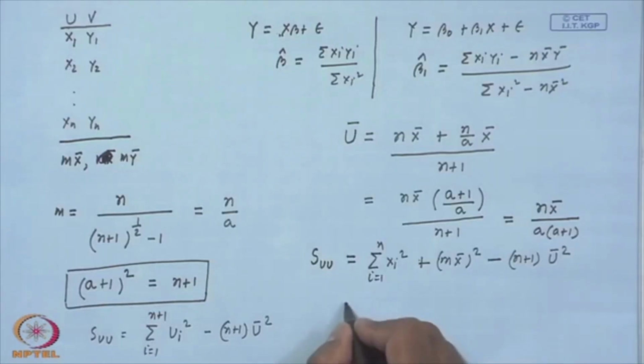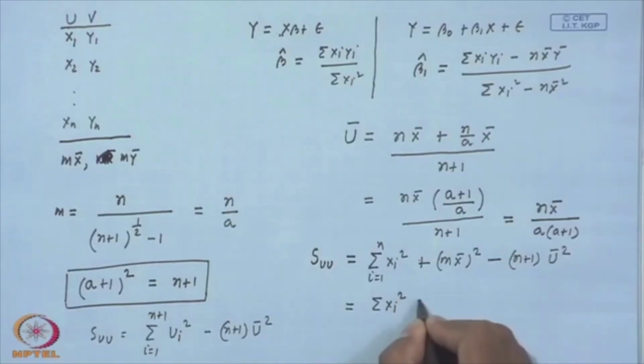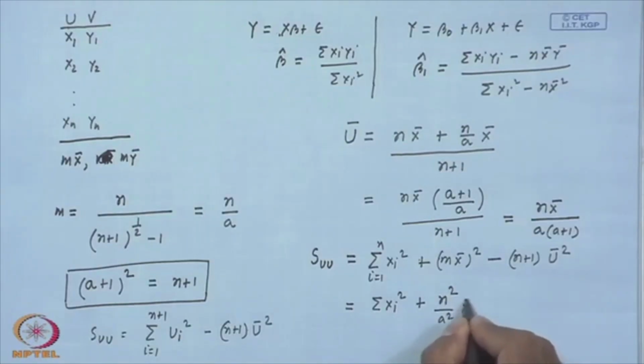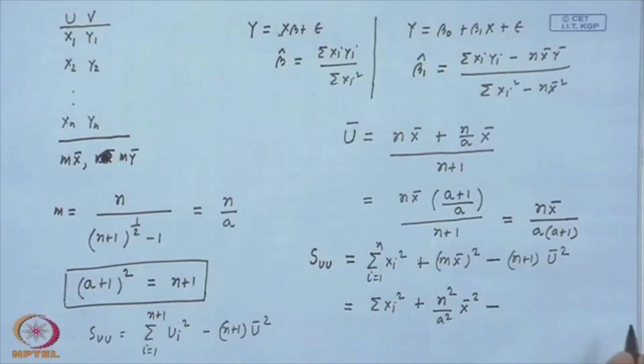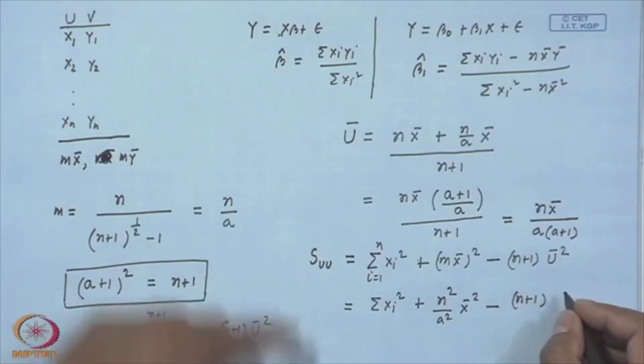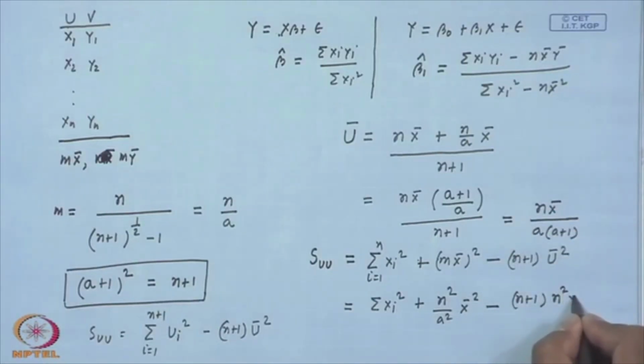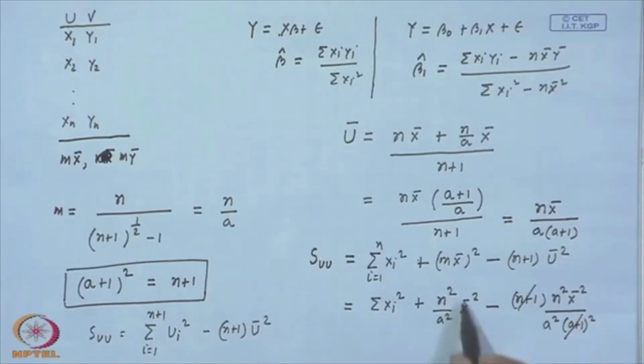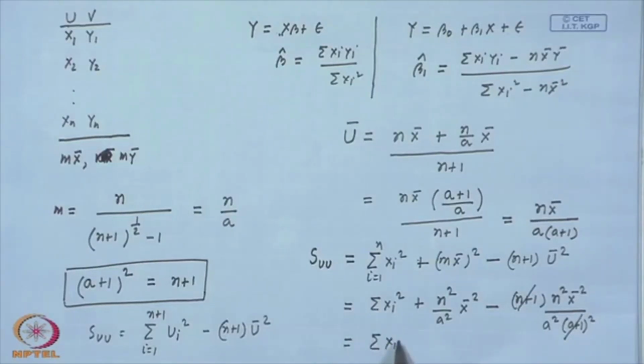and this one can be written as summation x_i square plus n square by a square into x bar square minus n plus 1 u bar square. What is u bar square? u bar is this quantity. So, n square x bar square by a square into a plus 1 square. So, I can cancel out these two things, right, and then you can see that this term is the same as this term. So, you are left with summation x_i square. Okay. So, S_uu is equal to summation x_i square from i equal to 1 to n,